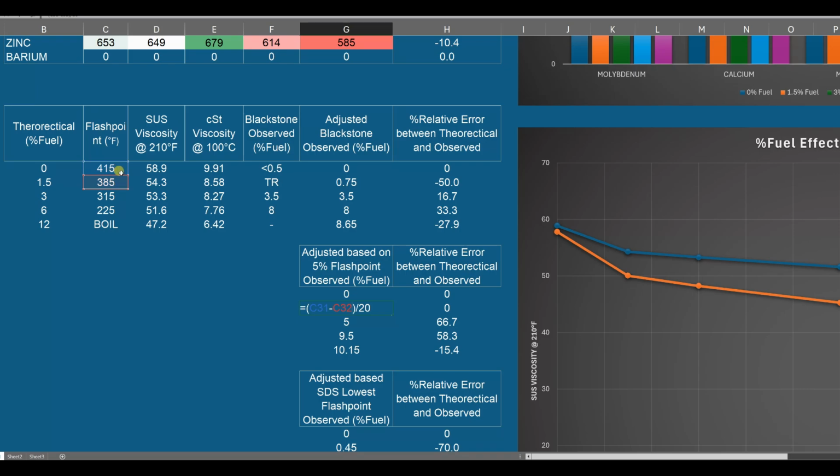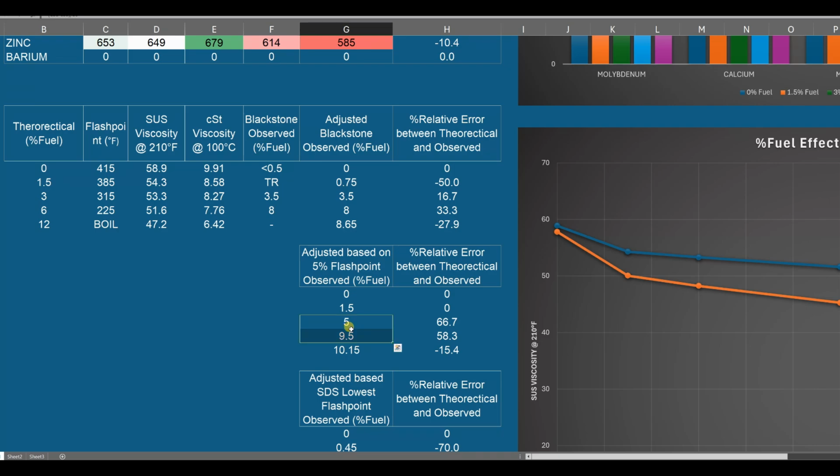So I used 415 instead of 385 for the standard flashpoint, and they do improve a bit here at the bottom. I did come up with 1.5, and that is just with me using 0.75. These right here do elevate a little bit, and the 12, which I also made up, tends to get a little bit better, but they're still quite far off. But again,